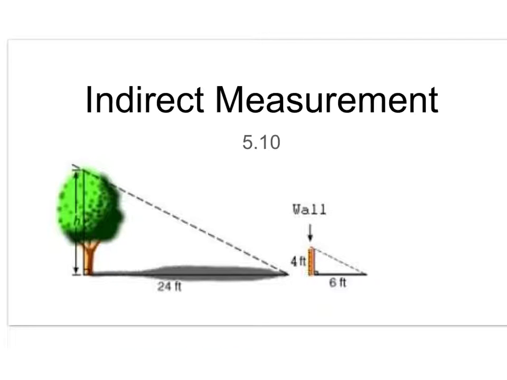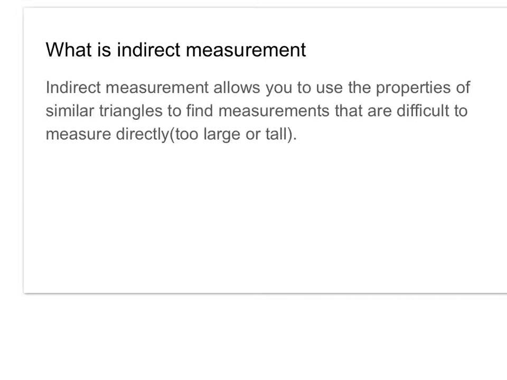Our next lesson is on indirect measurements. So that's using shadows and figures to find different measures. It's kind of a cool, unique unit. What is indirect measurement? Indirect measurement allows you to use the properties of similar triangles to find measures that are